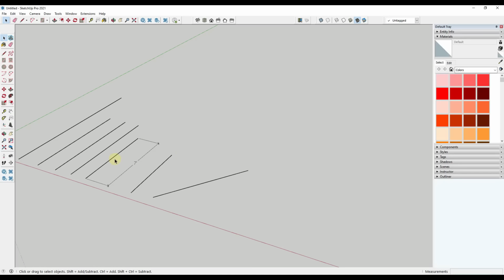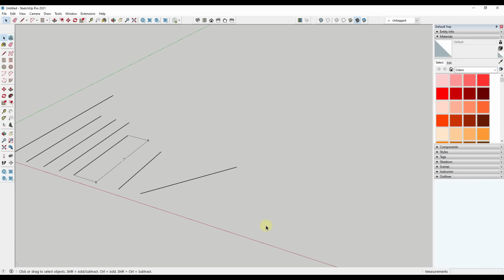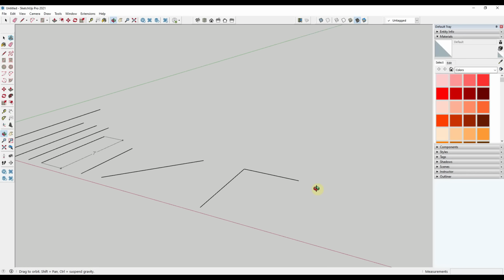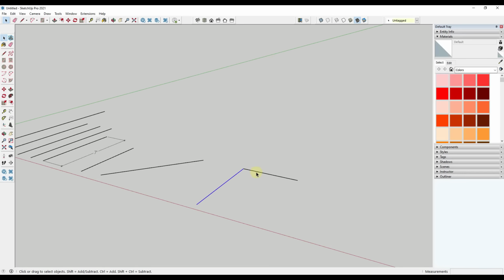But now that we've drawn a couple edges, let's talk a little bit about faces. So let's draw a line from here to here, and then another line from here to here, like this. And notice how all I'm doing is just moving my mouse and clicking. Right now, what I have in here is 2 edges. So if I select these 2 edges, or if I click on these, you can see how each one of